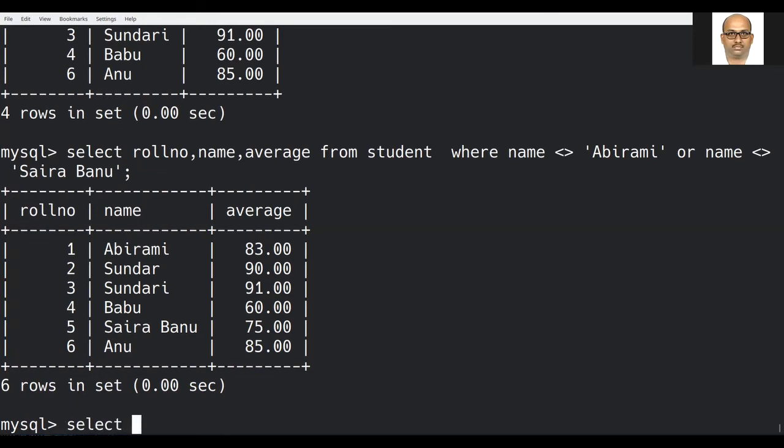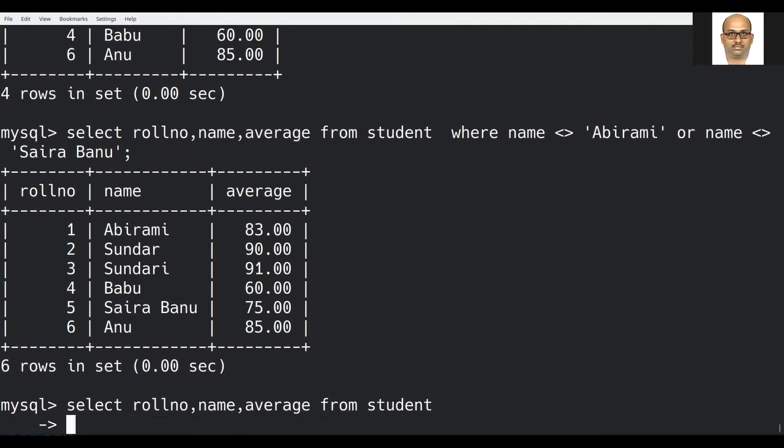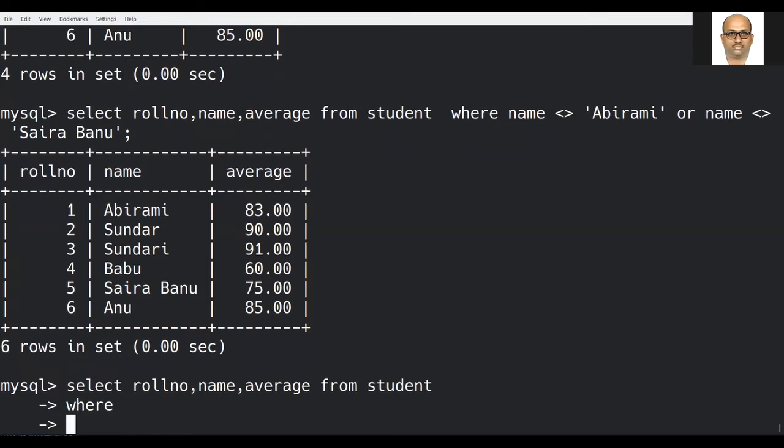Select roll number, name, average from student where I want to select the names of those students starting with S. Name like 'S%', in single quotes, capital S, percentage symbol.